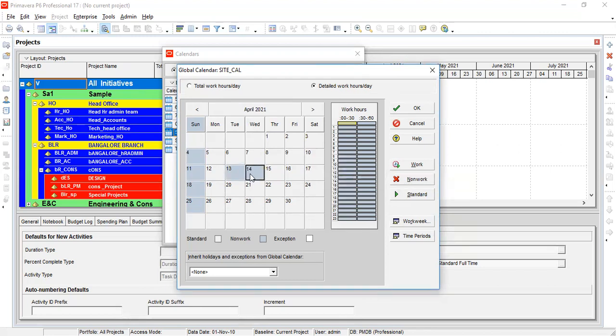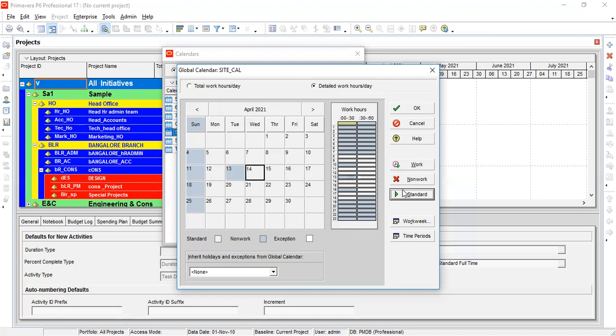In this case, we can make it as work or standard. Because site is different. Standard means you can see some standard settings. Default to standard. What you had set as work hours, that will become the standard calendar settings. It is showing what you had set as the work hour. That is the standard calendar.